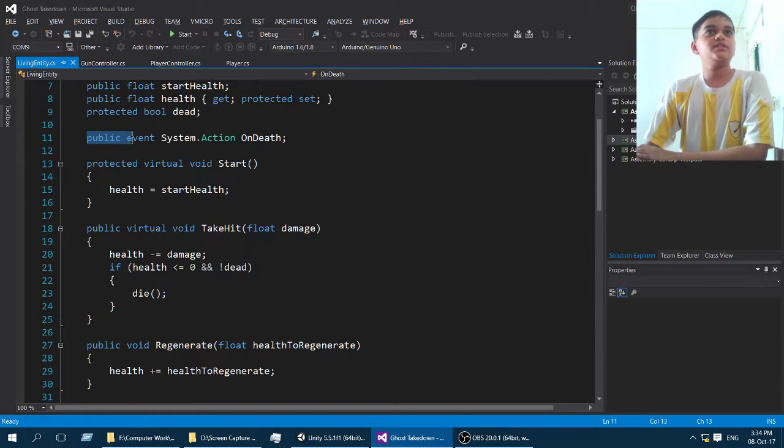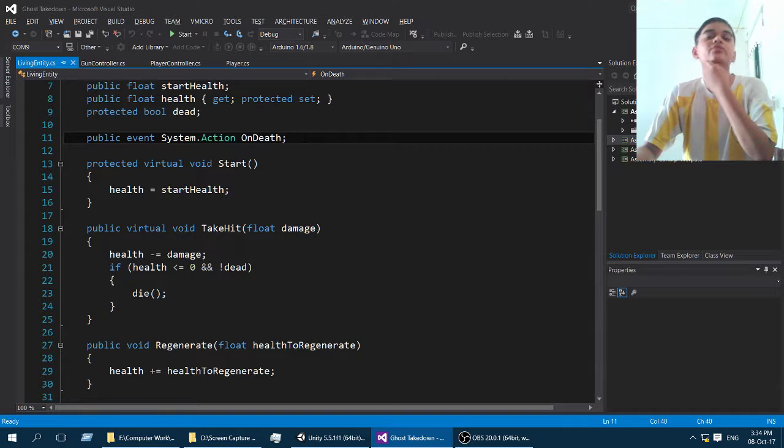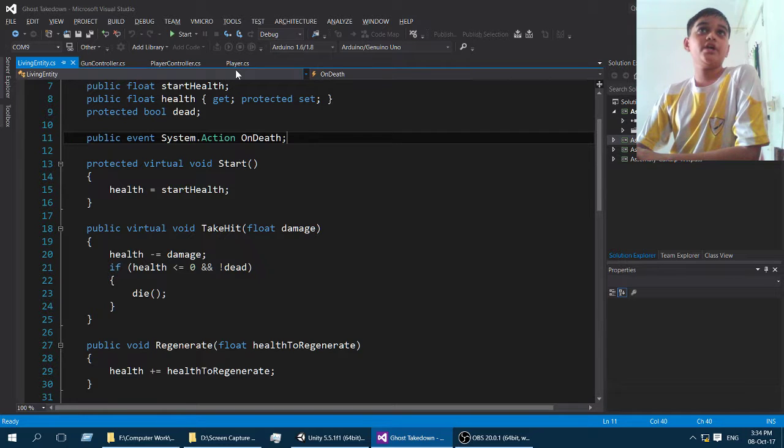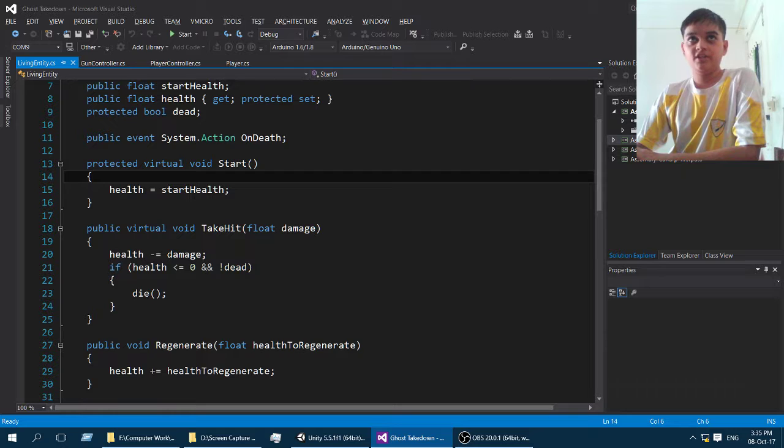Anyways, this is the public event of it, System.Action OnDeath. This is useful for when the enemies or the spawner or whatever want to check if the player or something has died, which is apparently very, very useful nowadays. Then